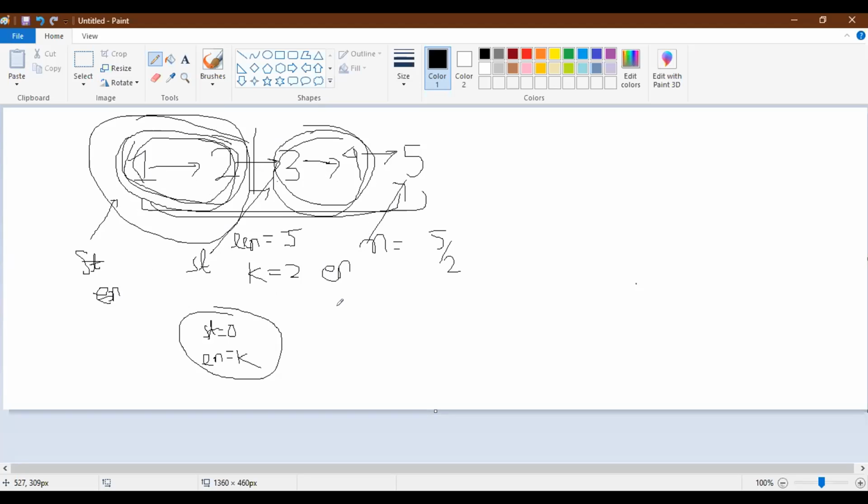En will also be incremented, because every time en minus st will be equal to k, and after every reversal I'm incrementing by k. Then I will reverse this portion. And that loop will work this number of times because I have found this number of groups.